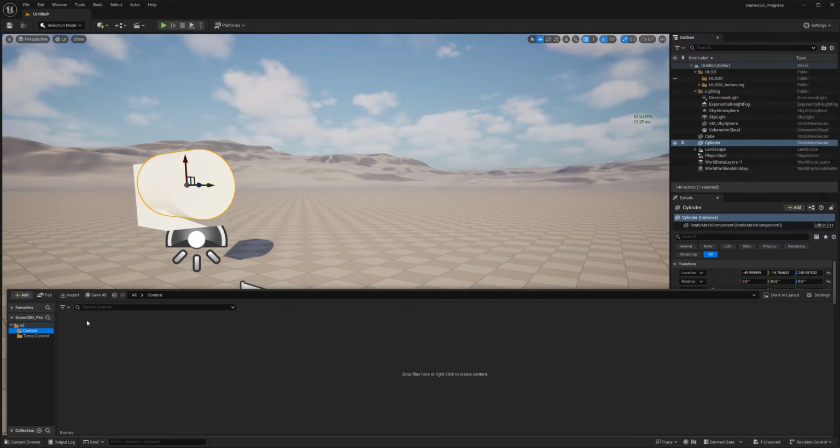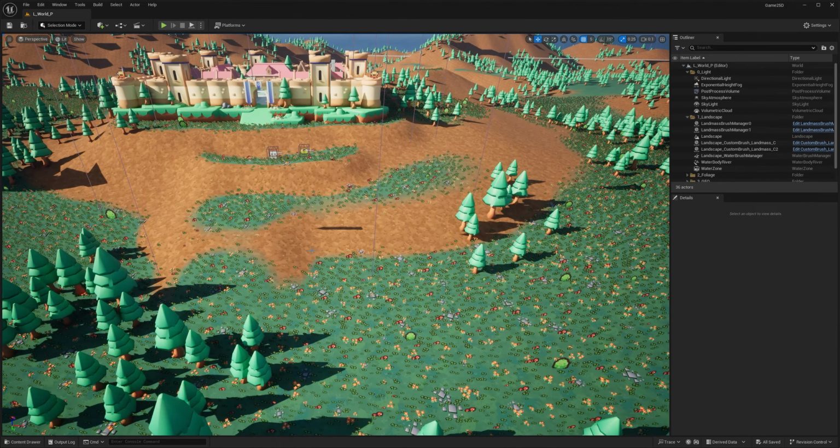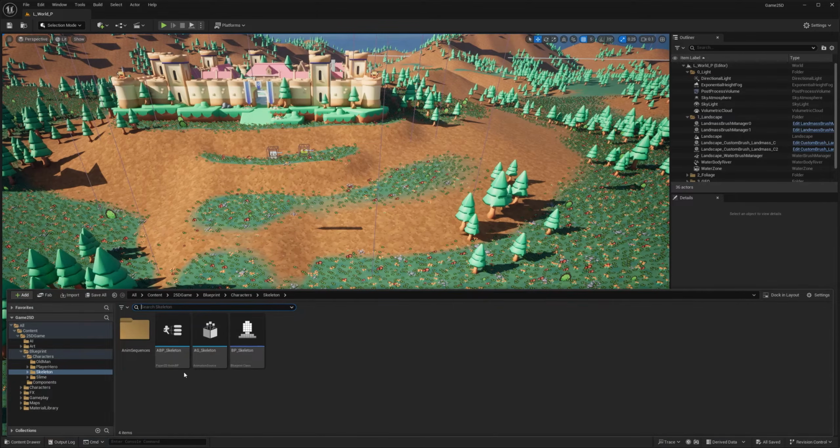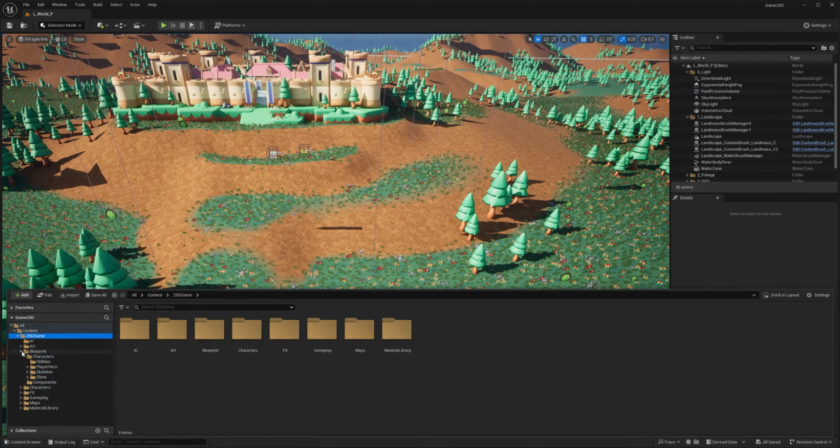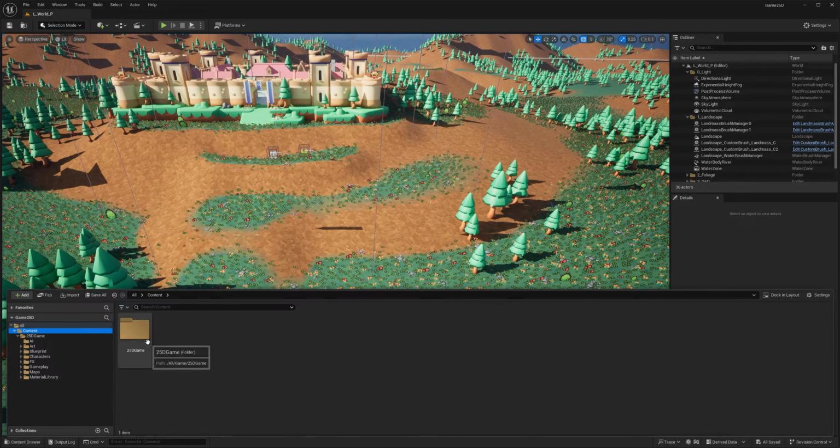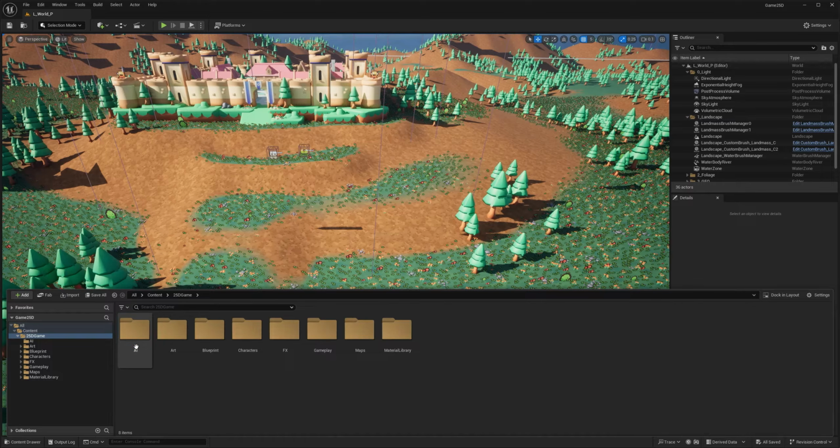But I'm going to do a magic trick. I'm going to pause the recording really quick, and I'm going to open the other projects and show you exactly how that looks. Ta-da! If I go down now and press content drawer, you can see that I have a lot of cool stuff here. All my project is inside the content folder, 2.5D game, and all these interesting folders have stuff that makes this game work. So I have my AI, my art assets, my blueprints, my characters, effects, etc.